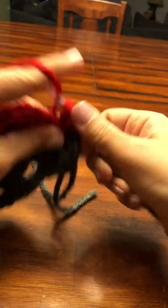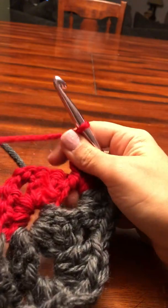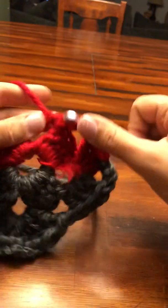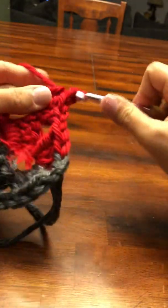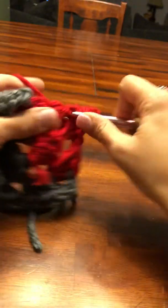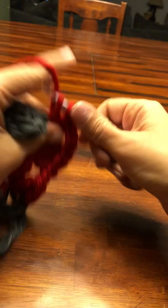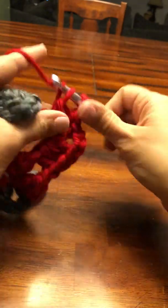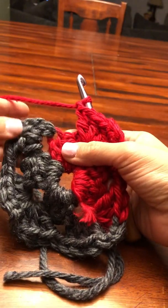1, 2, chain 1. And then come over to the other corner, 3 double crochets, 1, 2, and 3, chain 3, 3 more double crochets to make your corner, 1, 2, and 3, chain 1, and now you're back to the corner where you've already done 3 in the gray,